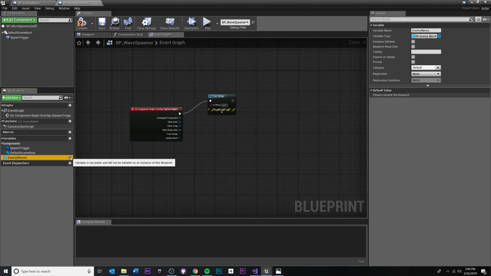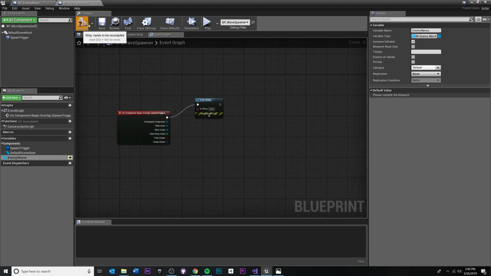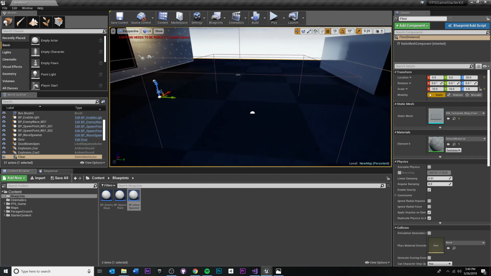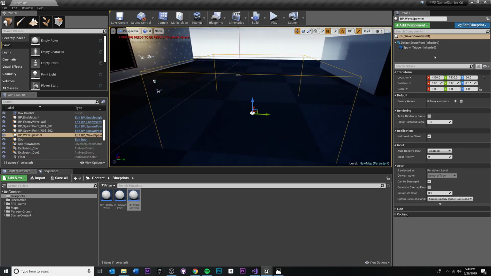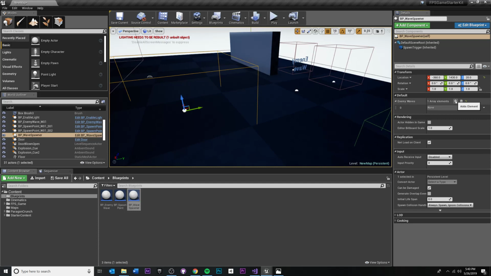We do want that to be editable inside the details panel. So do click that little eyeball down there. It's editable, great, okay. So if we compile, save, come back here. If we click on our enemy wave spawner, we can now define all the waves we want. Right now we only have one, so we're gonna click this little plus,